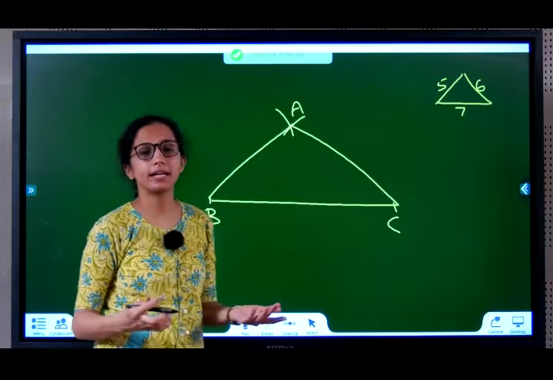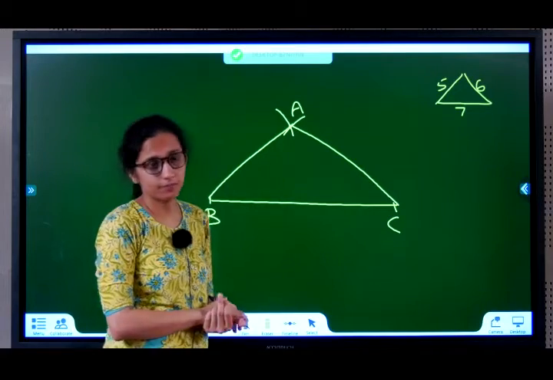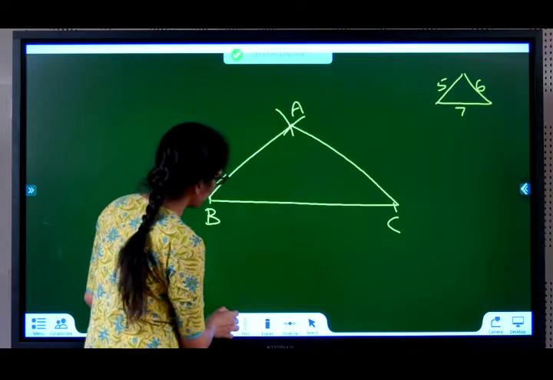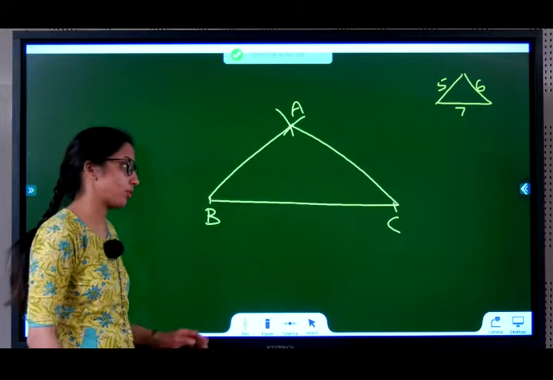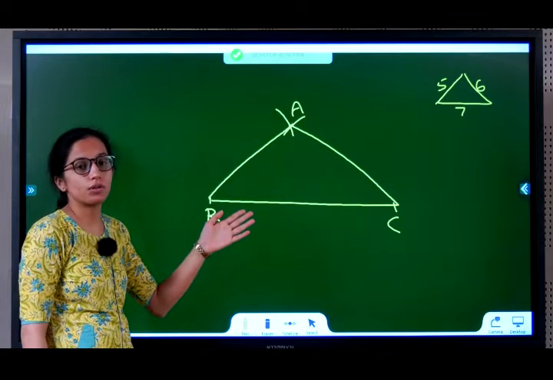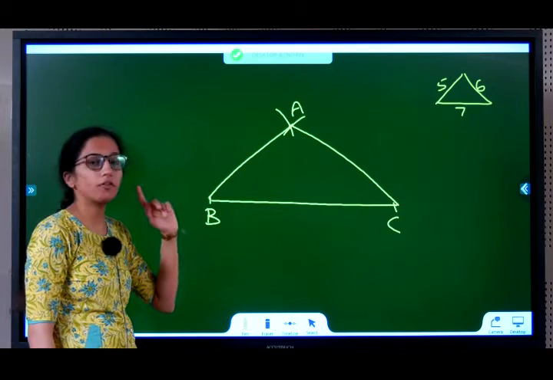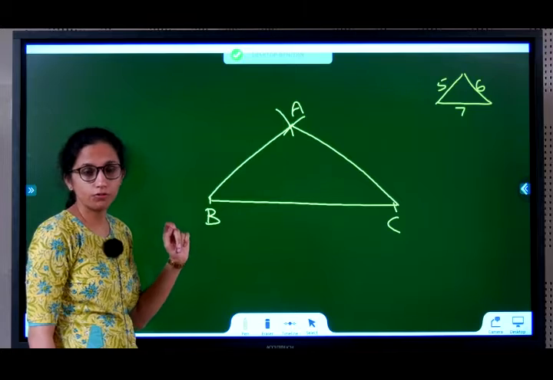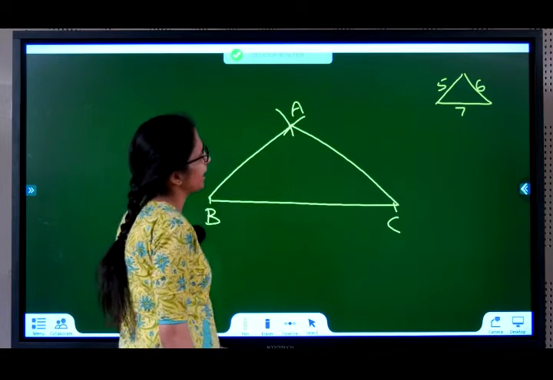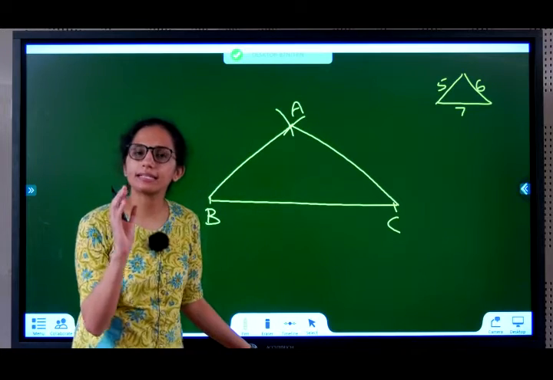Why did we choose our own side lengths? Because it is not given in the question. Okay, now we have to construct a triangle similar to this triangle but in the ratio of 3:4 of the old triangle. See, 3 by 4 is less than 1.